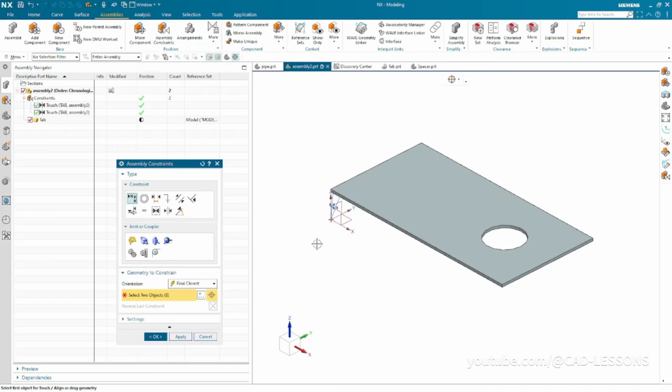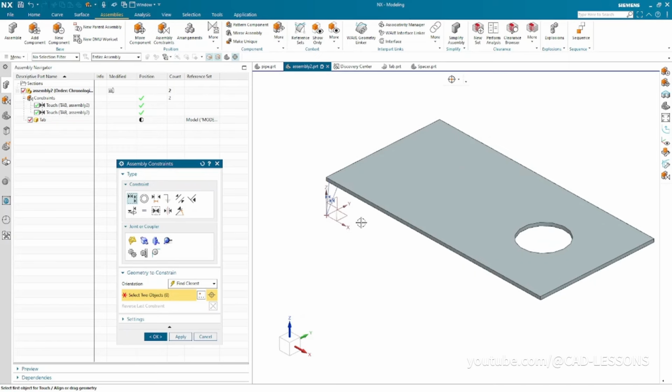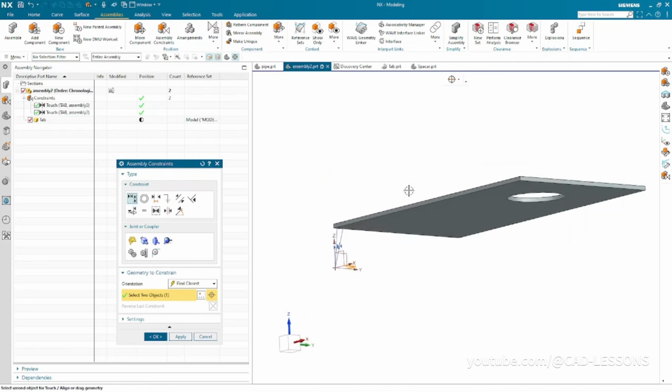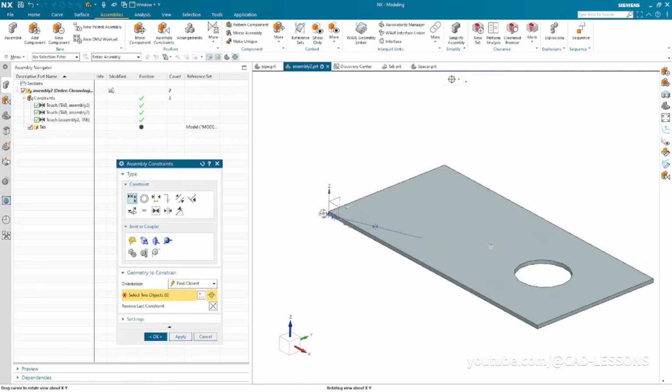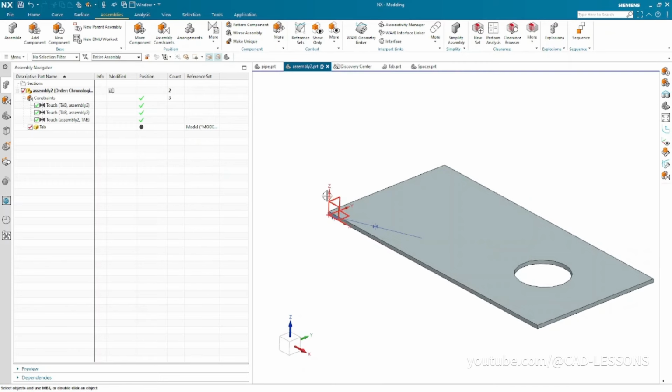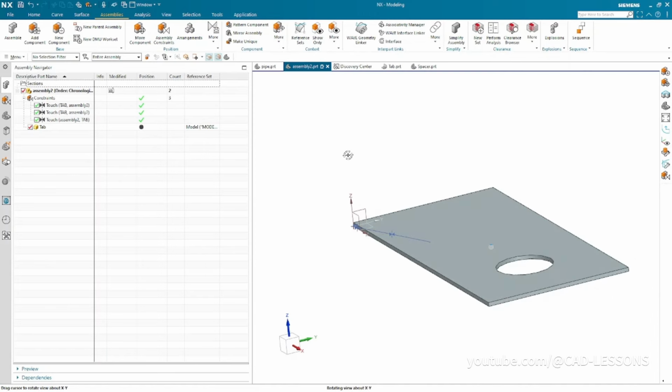So in order to do that, the order of the selection is not important. In the beginning we selected the face first and then the datum. In this case we can pick the datum first and the face later, and we will get the same results because the coordinate system is absolute and it is not going anywhere. So if you notice, this is a black circle, it means it is fully defined. So we just got our first part fixed,